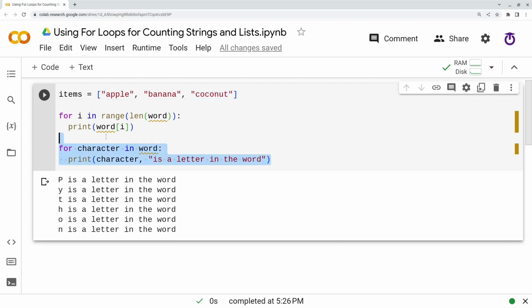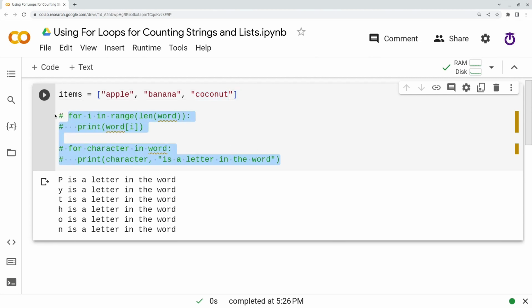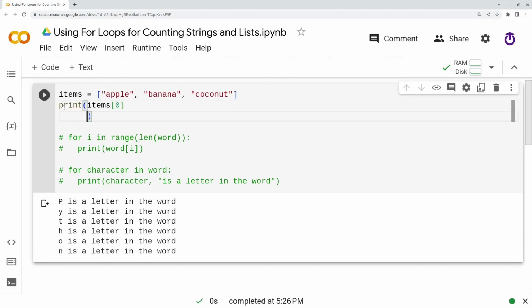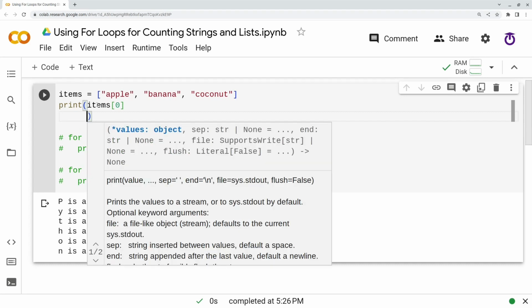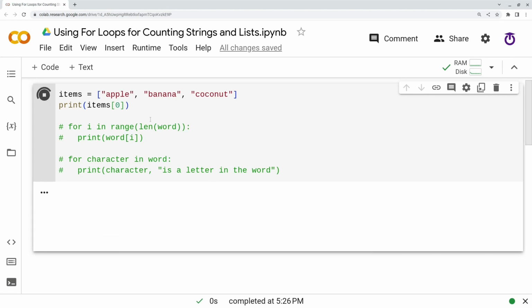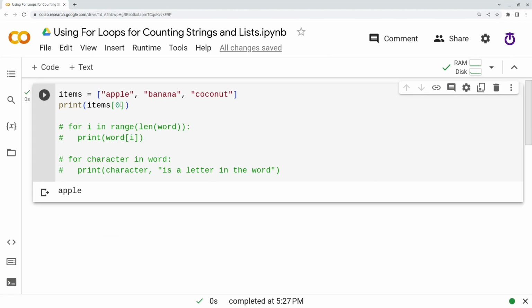So if I print items[0], that should print apple. If I print items[2], that should print coconut. There we go.